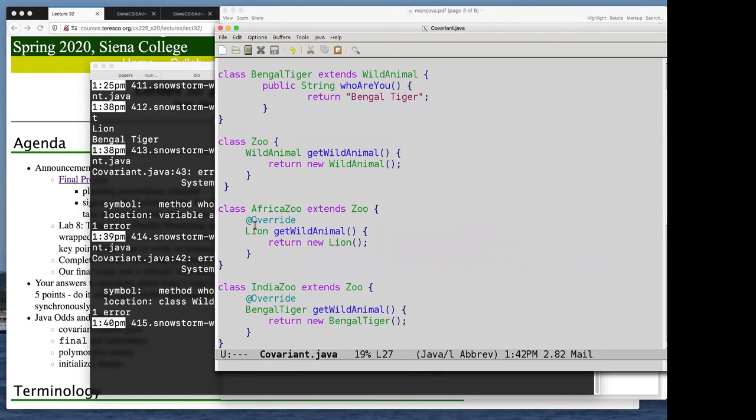So assuming lions had a bunch of other methods, I could call all the lion methods here because I know that that object is coming back as that type. This is not just a Java construct. This is a general object-oriented programming concept that I think is important for us, at least to have seen, even if we haven't really had much of a chance to make use of it. All right, if I hear no questions on that, I will jump ahead to the next